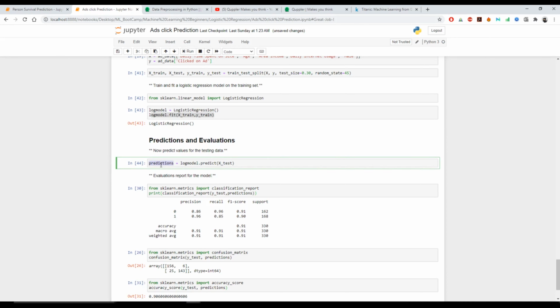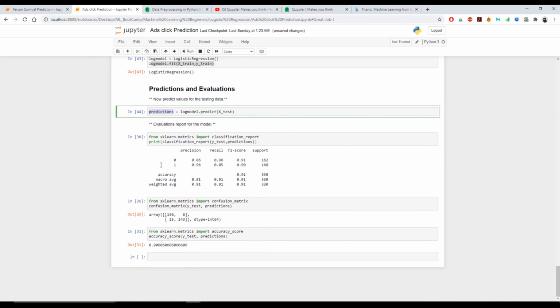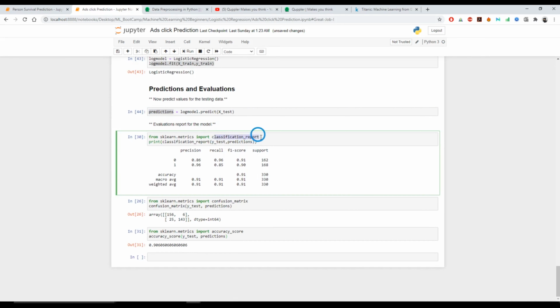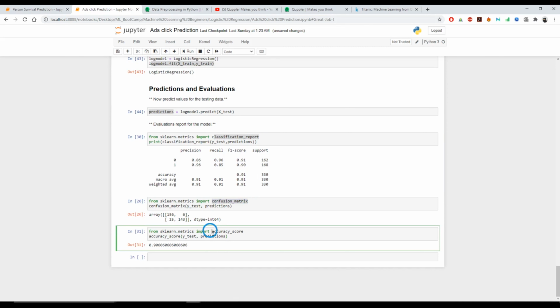Now it's time to evaluate the model. As I told you, there are three different ways in which you can evaluate it. From scikit-learn, you need to import classification report. The first is the classification report, the second is the confusion matrix, and the third is the accuracy score.